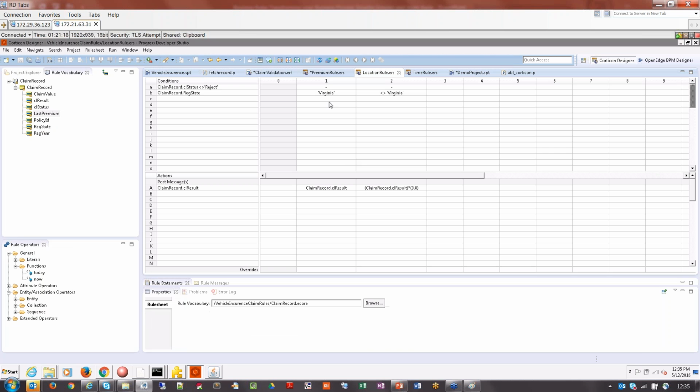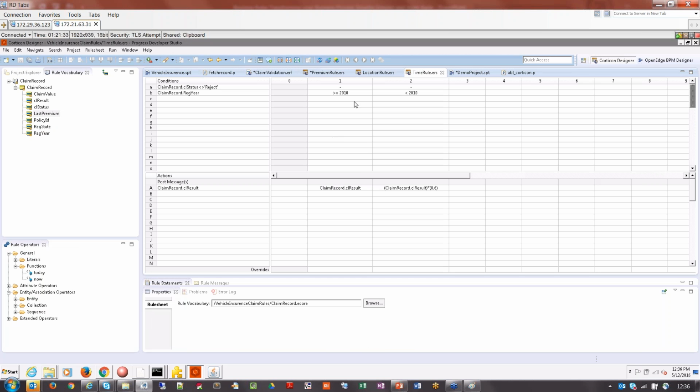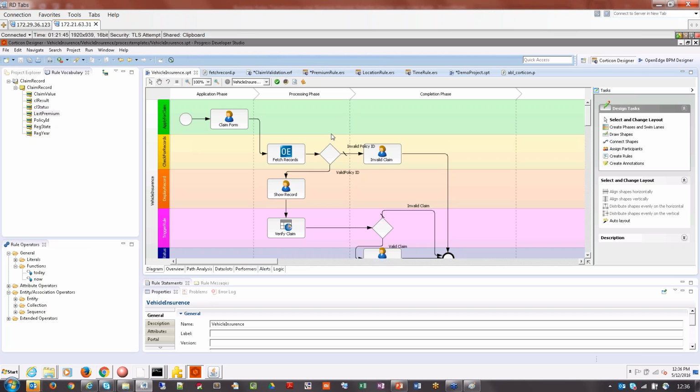If I'm making a claim from Virginia, I'll be getting about 100% of my claim amount. Or else if it is outside Virginia, I'll be getting only 80%. And then I'll define a rule with a time rule: if my vehicle is registered after 2010, then I'll be getting 100% of the claim. If it is before 2010, then I'll be getting only 60% of the claim value. So this is how my business process is. And then what I've done is